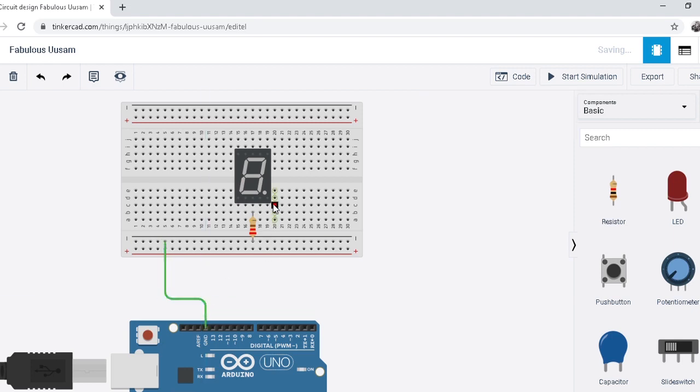And now we are going to attach the pins one by one to the digital pins. First I'm going to attach the DP pin to pin number 0.